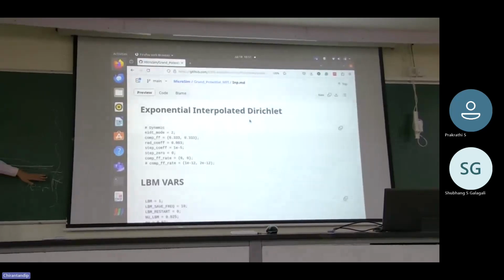Now, because we have control over the far field composition and we have a dynamic input file by which you can change the values at runtime, we can change this far field composition at runtime. So what this mimics is experimentally